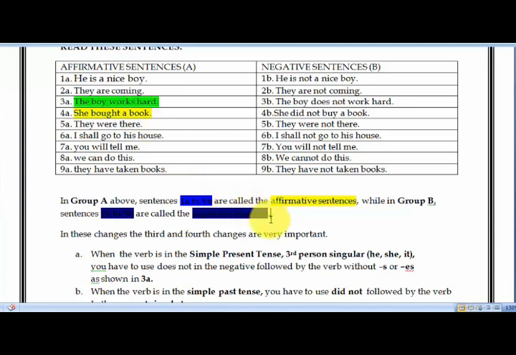In these changes, you have to consider this with the